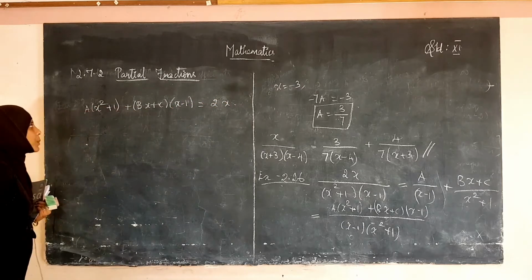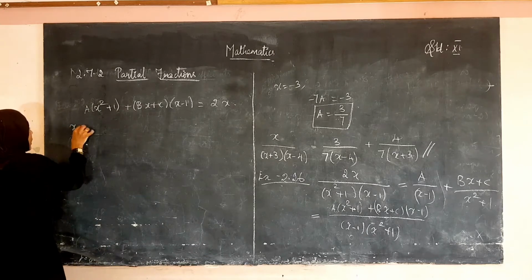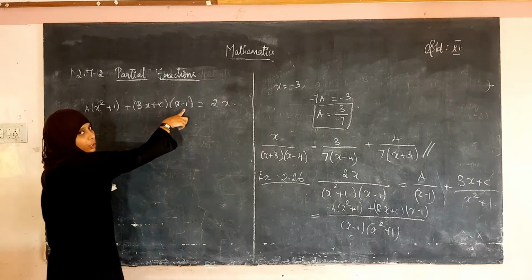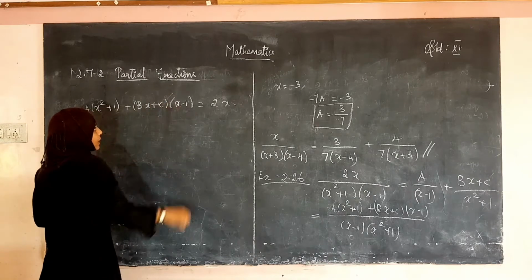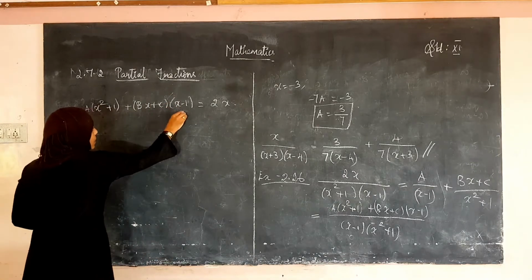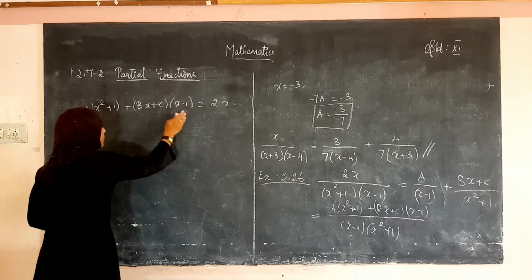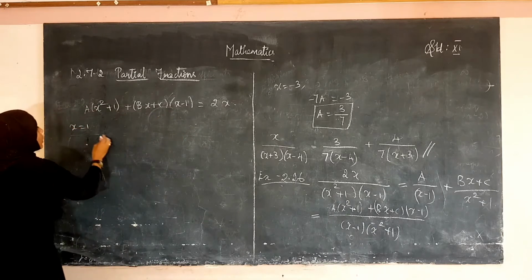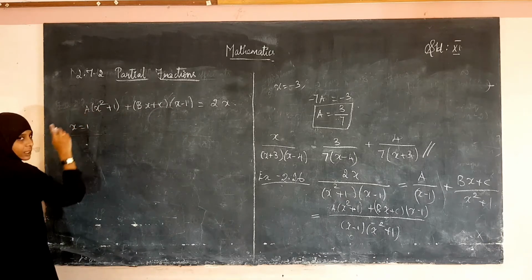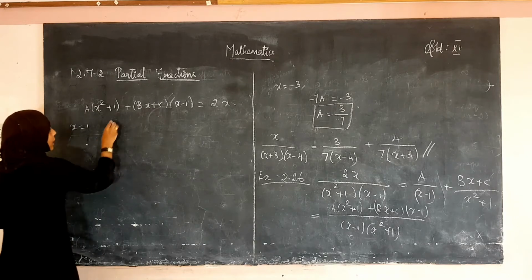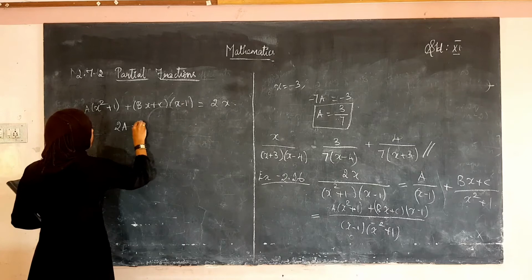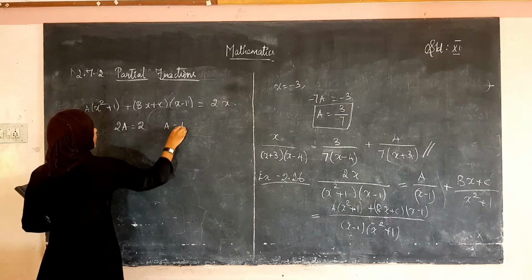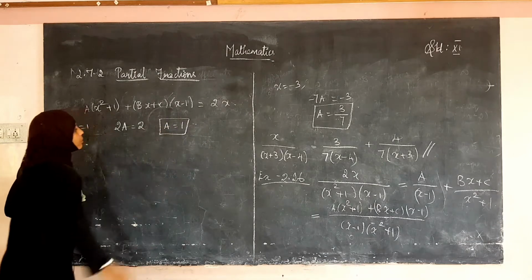Okay, if we substitute the value of x is equal to 1, x minus 1 is there, its root is 1. So if we substitute the value of x is equal to 1, what happens? This term gets cancelled, that is, this becomes 0, 0 into anything becomes 0. So here, 1 square is 1, 1 plus 1 is 2. Therefore 2 into a is equal to 2 into 1 is 2. Therefore the value of a is equal to 1.